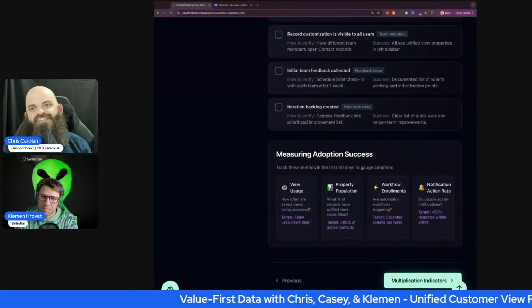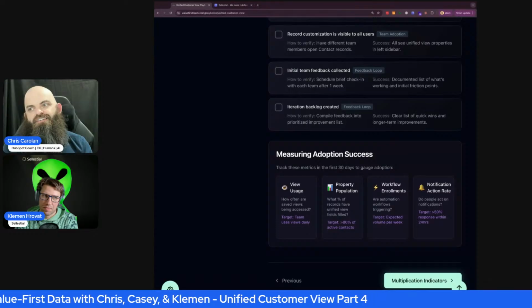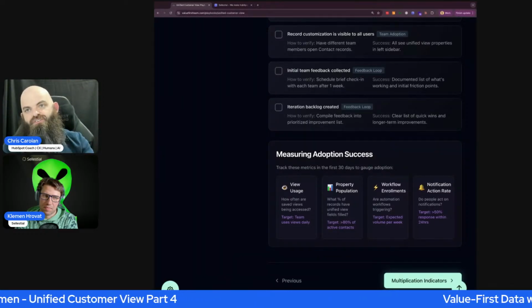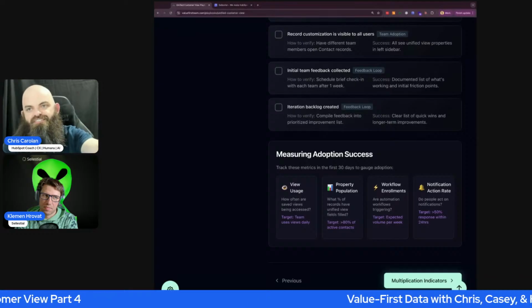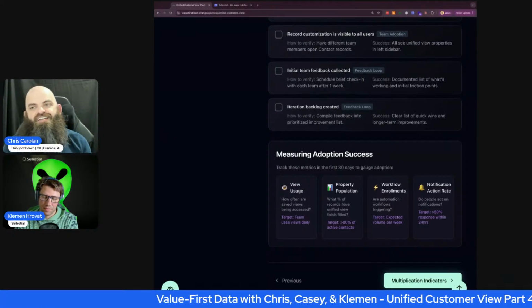So there are ways to get these. Again, this is why I push back on the expectation that the tool, the platform, the software is going to solve all of these things for you. They just have proven that that's not going to be the case. And the AI is no different.